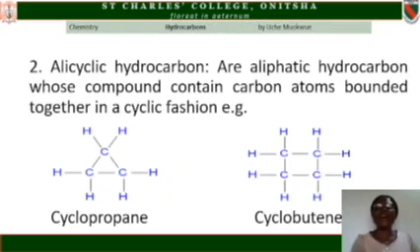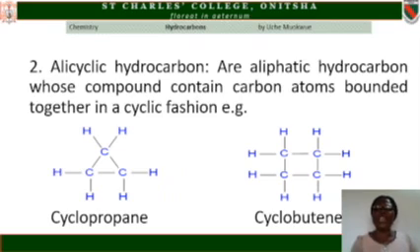The second class of hydrocarbon is alicyclic hydrocarbon. They are aliphatic hydrocarbons whose compounds contain carbon atoms bonded together in a cyclic fashion. This group of hydrocarbons is aliphatic in nature, but the atoms are arranged in such a way that they are in cyclic form. An example is